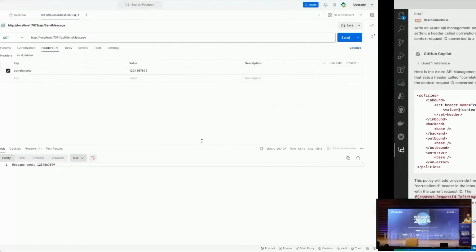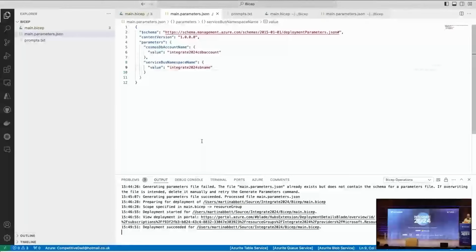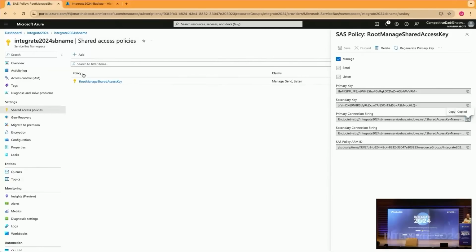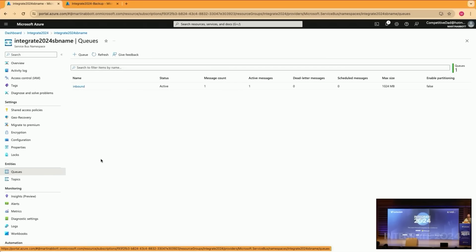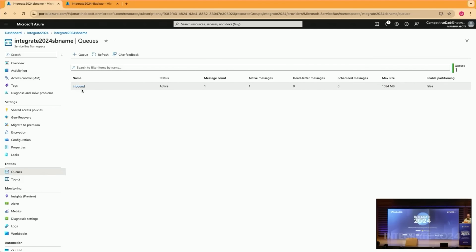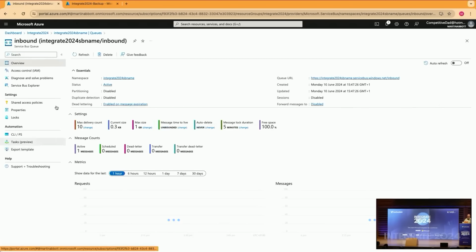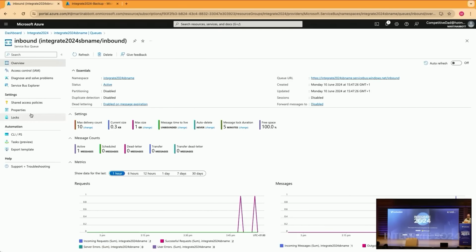So what I'm going to do is go back here. First off, let's go back into Service Bus here, just to prove that when I did that function call, it actually did send a message. So if we go to queues here, you can see the message count is 1. And if I go into my Service Bus Explorer,